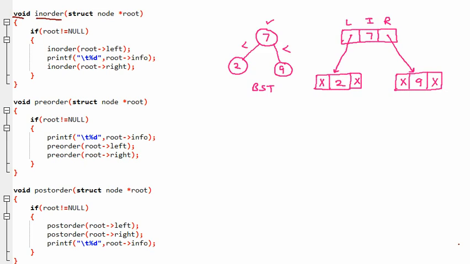We know that in order means whenever the parent, means the node, is in between left and right. This is called the in order. And here we are passing nothing but the root. We know that root is the main node of the tree. So this one is the root node. We are only going to pass the root. All the nodes will come automatically.